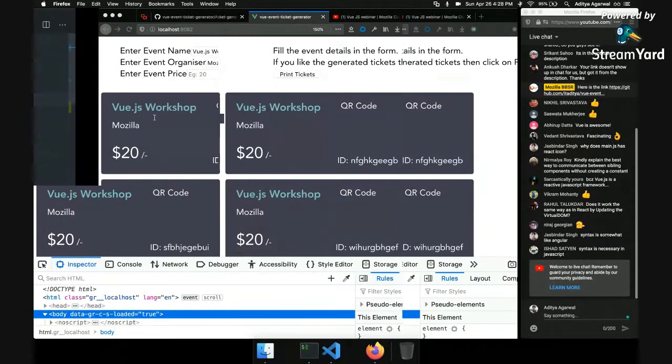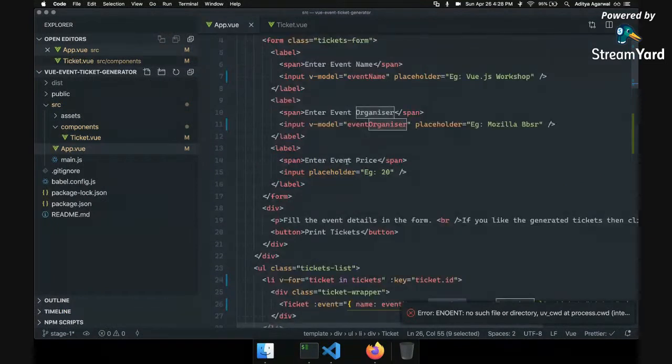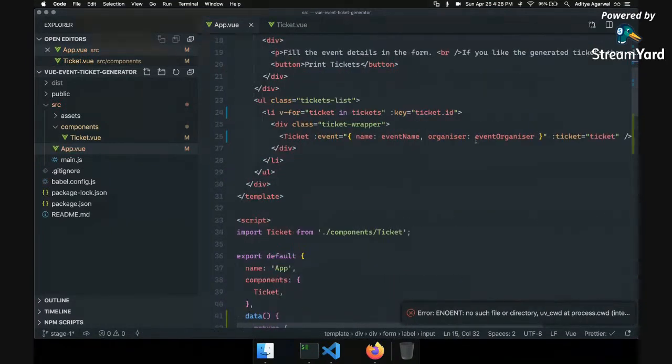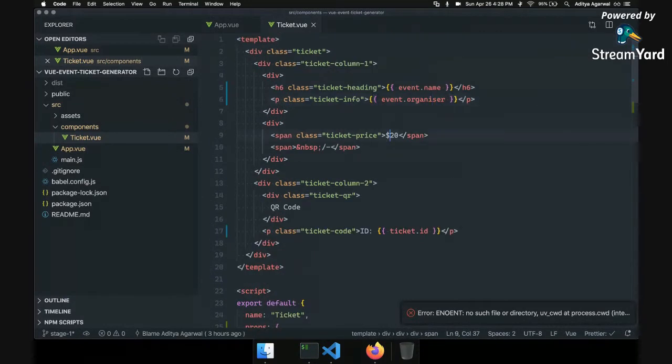Okay, so now that we have done that, we can do the same for our price. So v-model is event price, and here we can say price is event price. And now we can say here that the price is dollar event dot price.